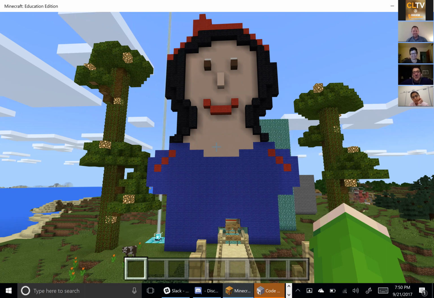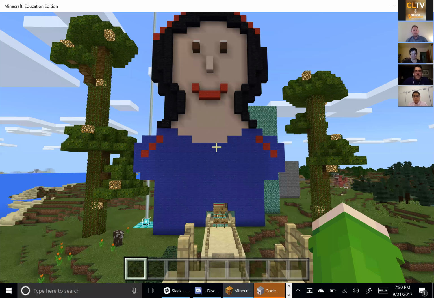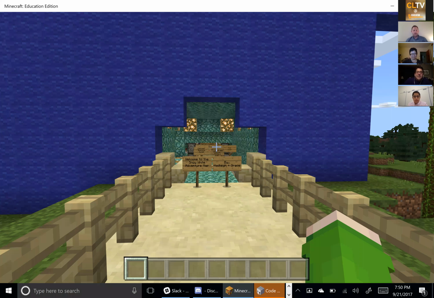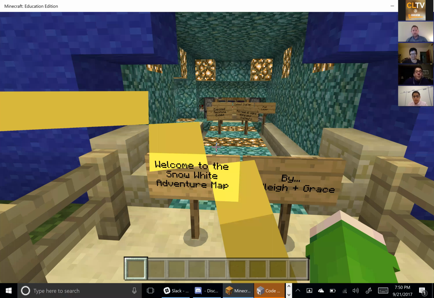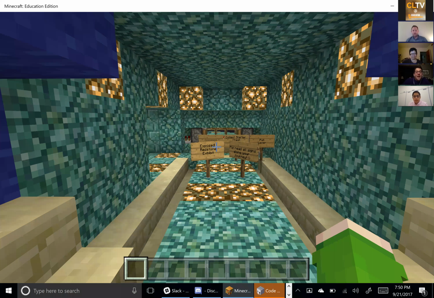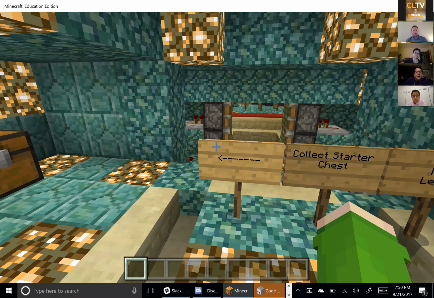A group of my students decided to do Snow White, and so they started by deciding, for our entranceway, we could build a large pixel Snow White, which I just thought was very creative. And then in their game, the story is told throughout the game. But then beyond that, they got really into the need for using Redstone and automating things within the game. And it really became quite an